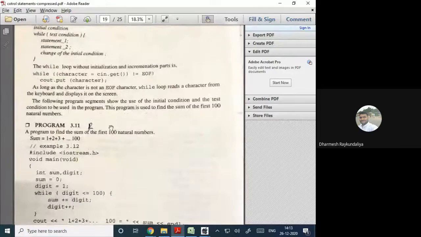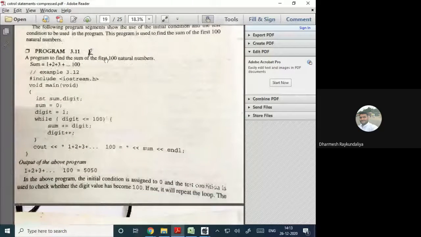So let us understand. If you wish to write a program to find a sum of first 100 natural numbers, that is sum equal to 1 plus 2 plus 3 plus ... plus 100. So how will you write the program using the while loop?